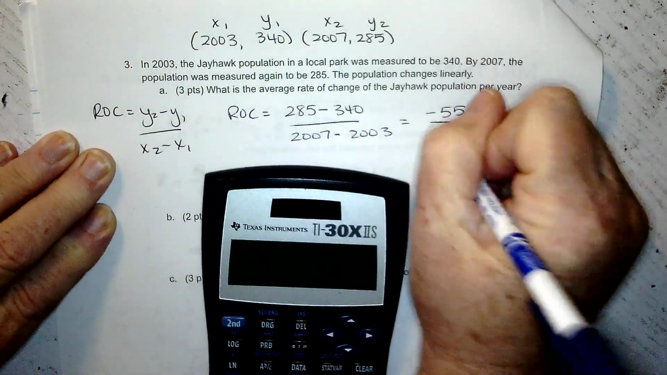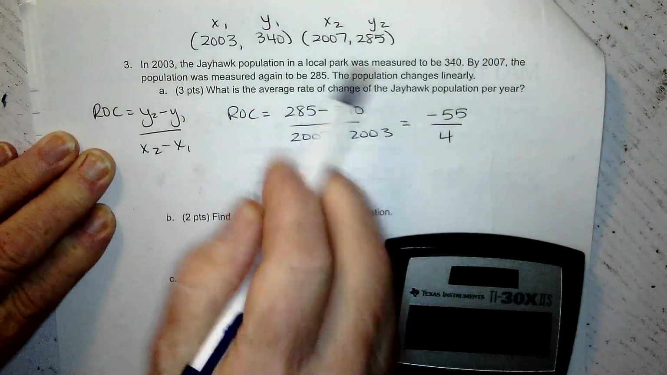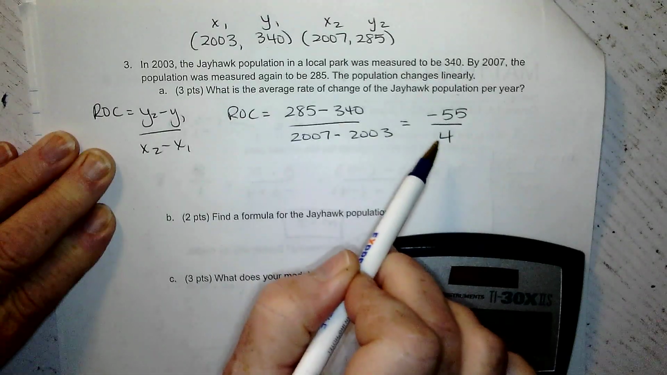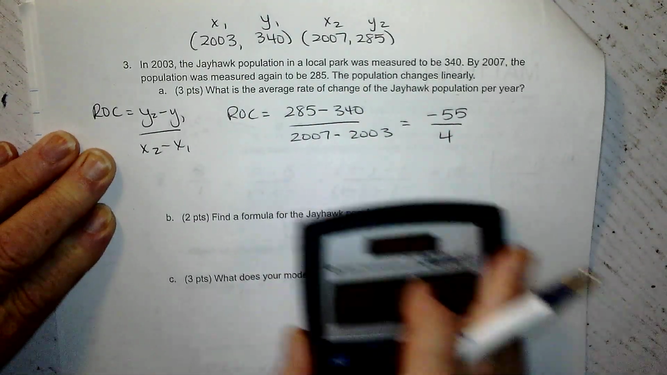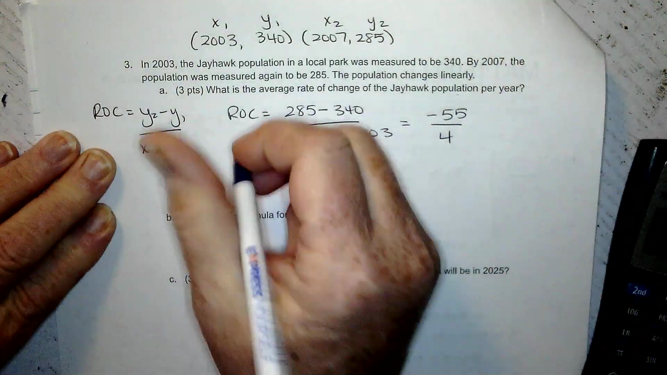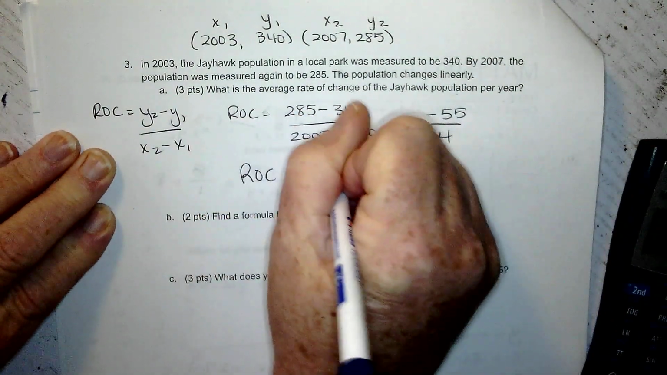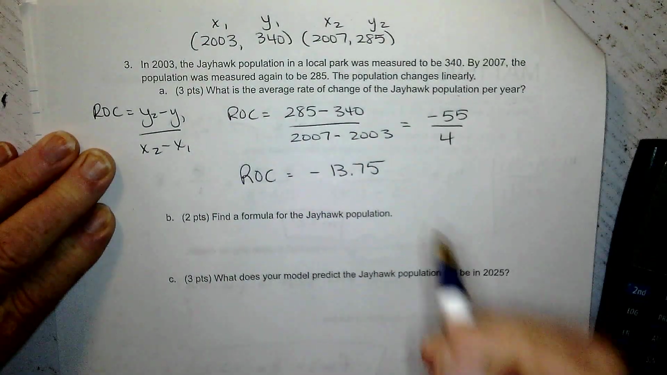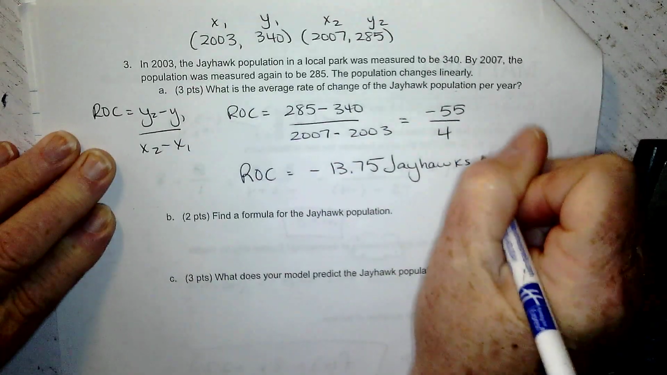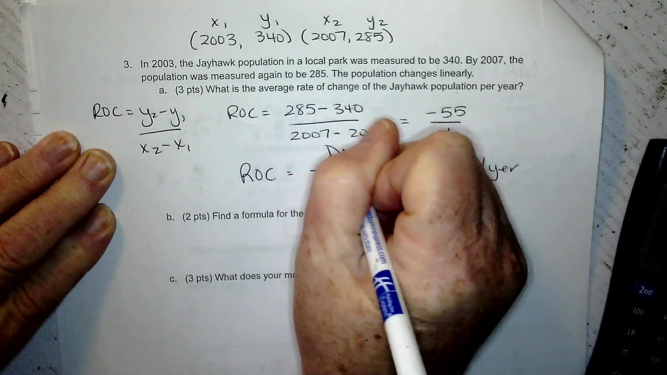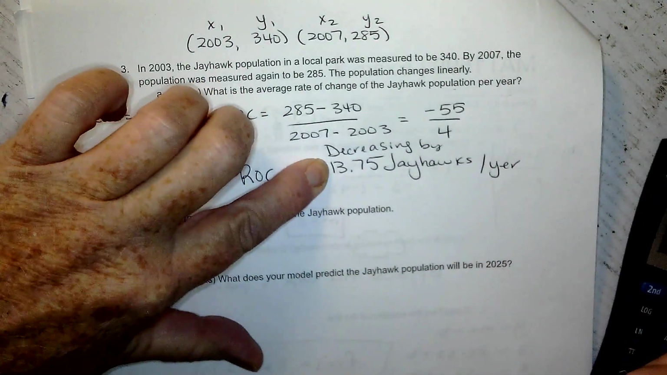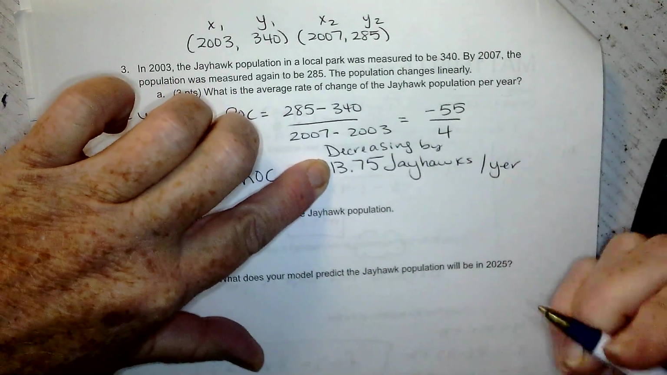over 4. Now, many of you left it like this, and I asked for the rate of change per year. This is per 4 years. I asked per year, which means you have to divide that. So negative 55 divided by 4 is negative 13.75. So the rate of change is negative 13.75 Jayhawks per year. So it was decreasing by that amount. If you're interpreting it, I would have accepted just negative